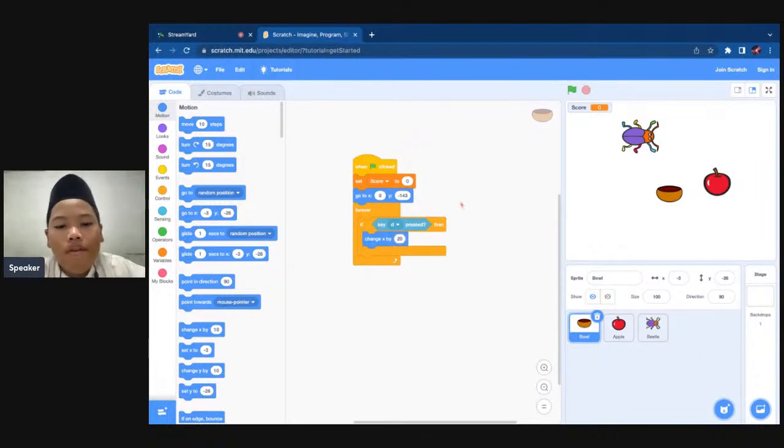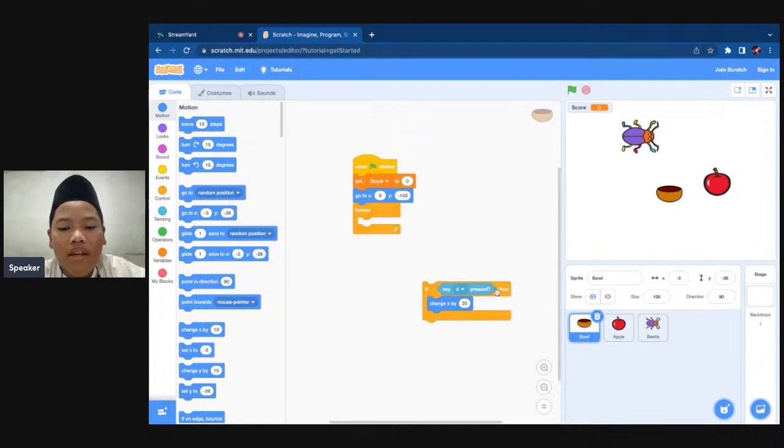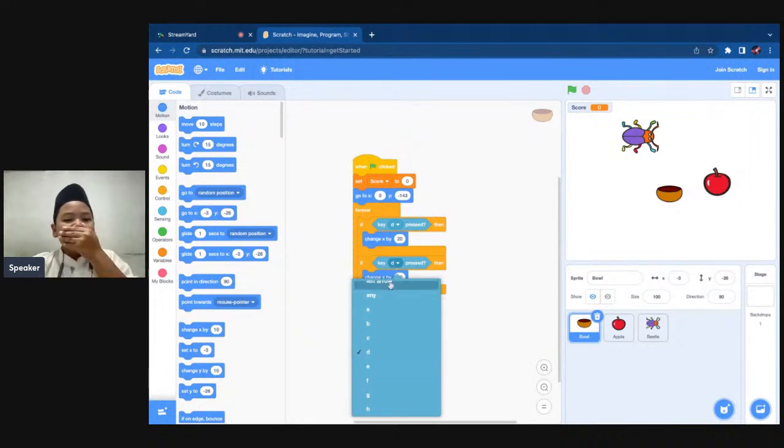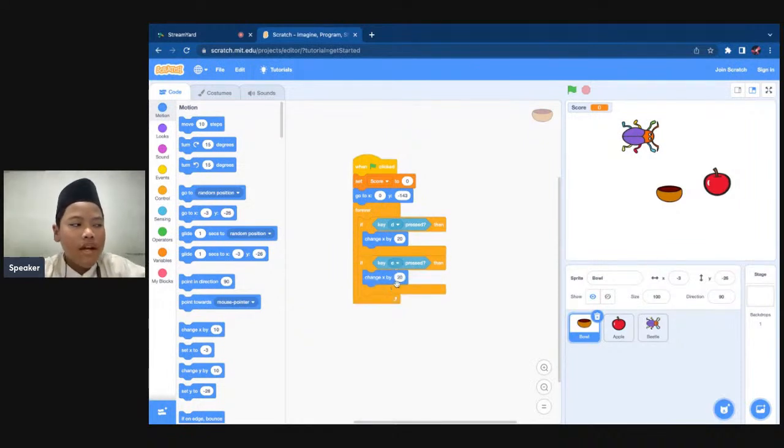And now everyone can right click on the change X by block, press duplicate and put it under the first if then block. And then change the D into A and change the second change X by number into minus 20.